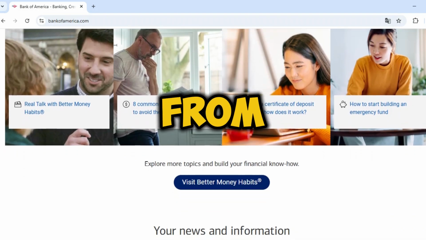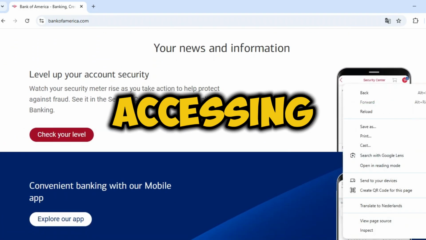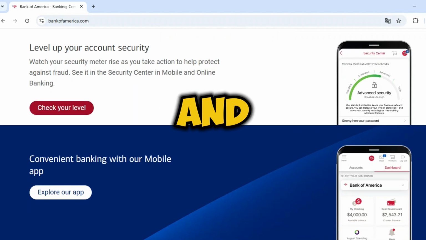Ready to manage your money from anywhere? Logging into Bank of America's online banking is your first step to accessing accounts, paying bills, and more, all from